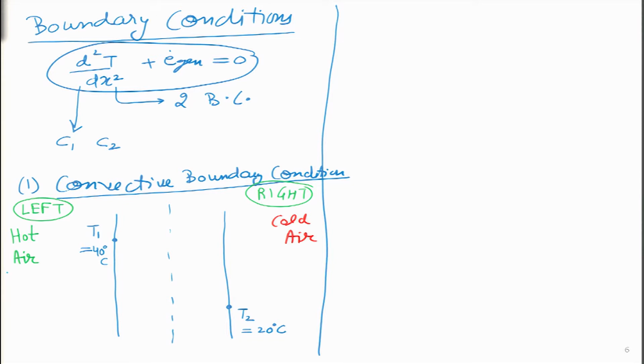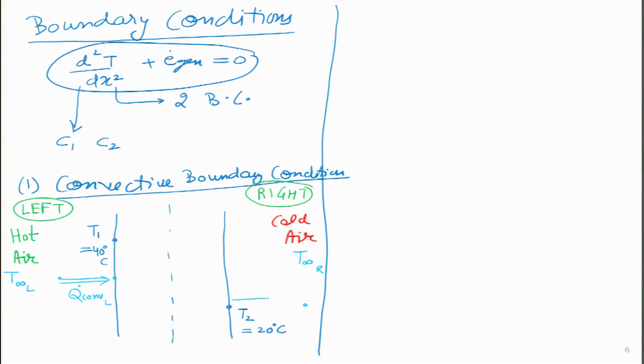On the left side my air temperature is T infinity left, and on the right side my air temperature is T infinity right. I will explain in a little while why I am using this symbol infinity. Moreover, because convective heat transfer will be taking place from the air to the first molecule of the wall, this sort of convective heat transfer will be taking place. I will write this as Q convection, and again I will put a subscript left.